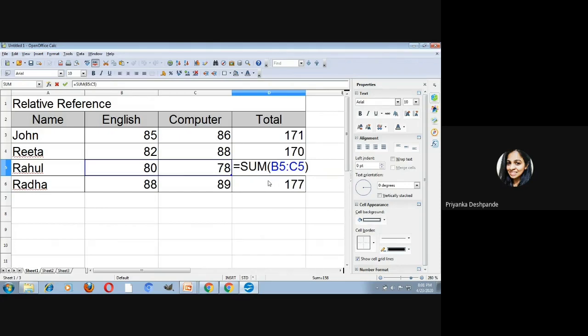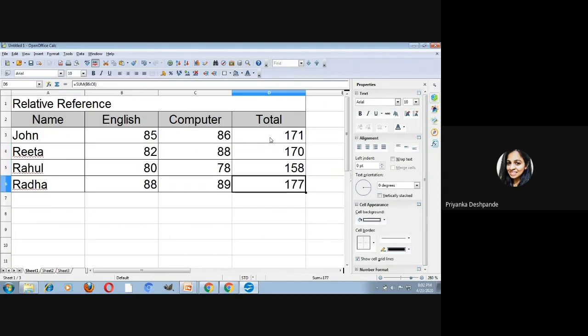Now let us see the formula applied for calculating the total marks of Radha. That is B6 and C6. Now can you see, students, formula is same but the cell referencing has changed, right?